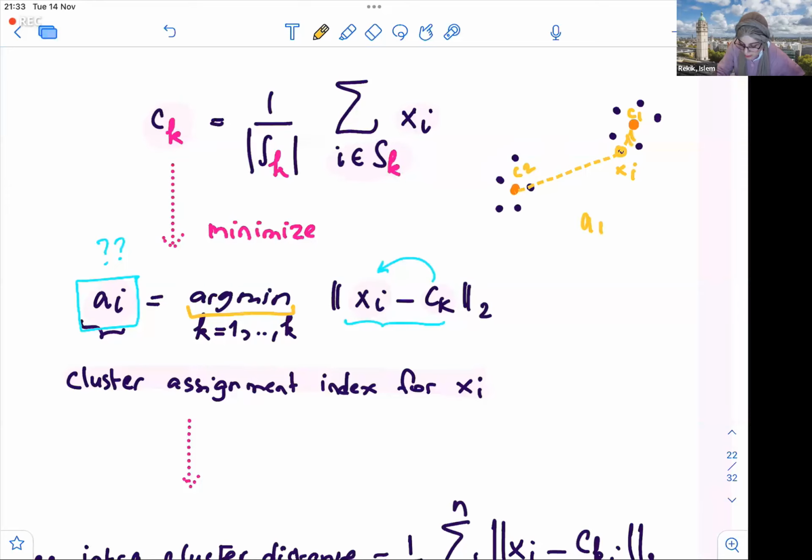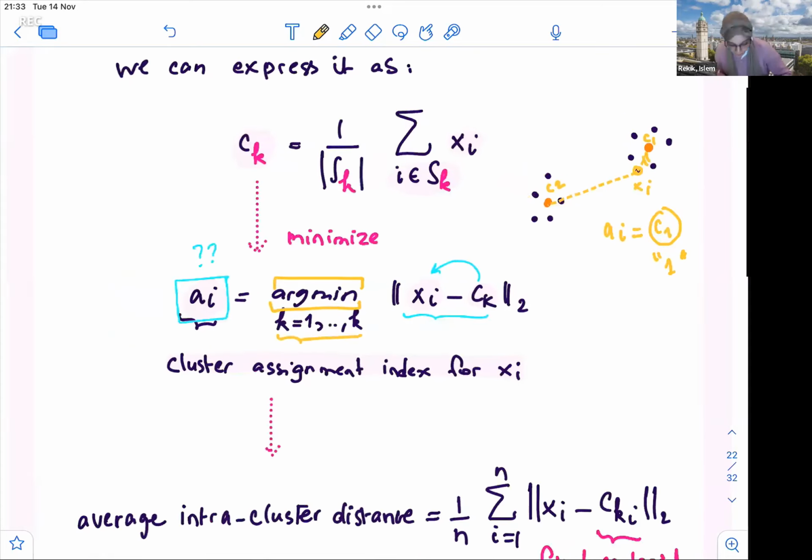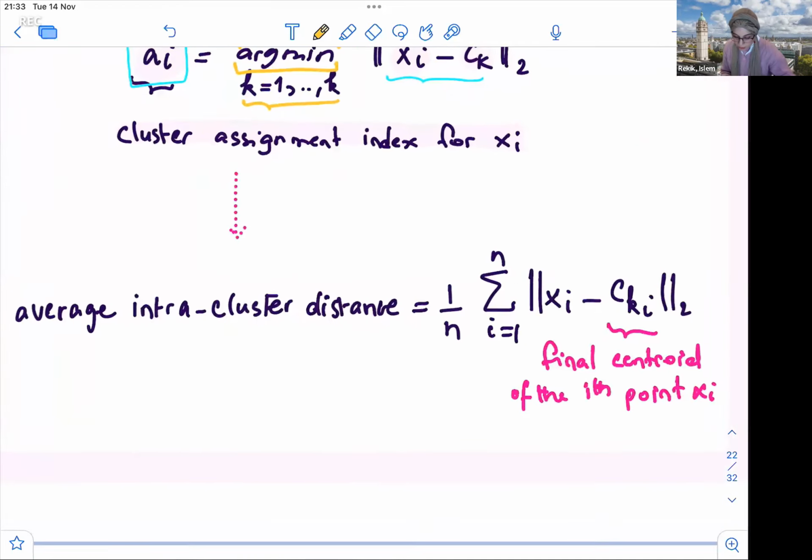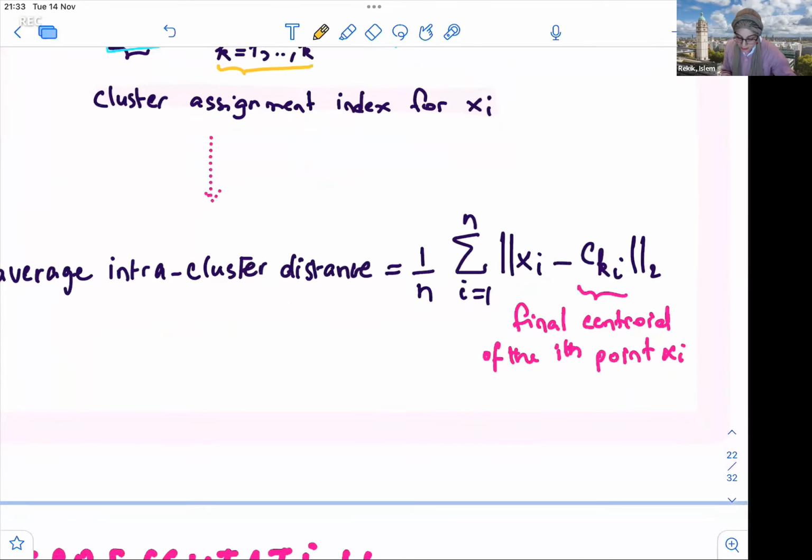So a_i is equal to what? Is equal to c_1. All right, so I'm assigning it to cluster 1. So that's what it means. So I'm taking the minimum. This is what it means, argmin, minimum over the number of clusters, cluster centroids. All right. So basically here, what we want to do is find the centroid, and this